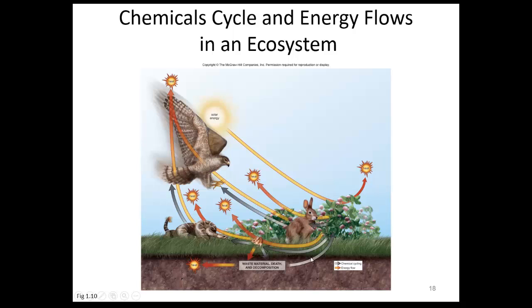The same thing occurs with the mouse. The mouse eats the grass, and the snake eats the mouse, and the hawk could eat the snake also, and energy flows from one system into another. And we know as an animal breaks down, as it decays on the surface, the chemicals in the cells of that organism help provide nutrition for the soil.